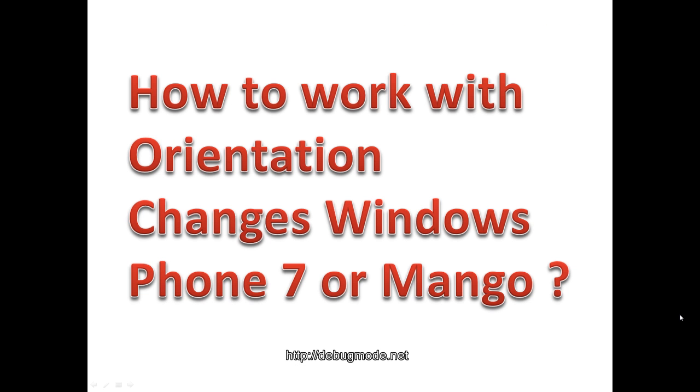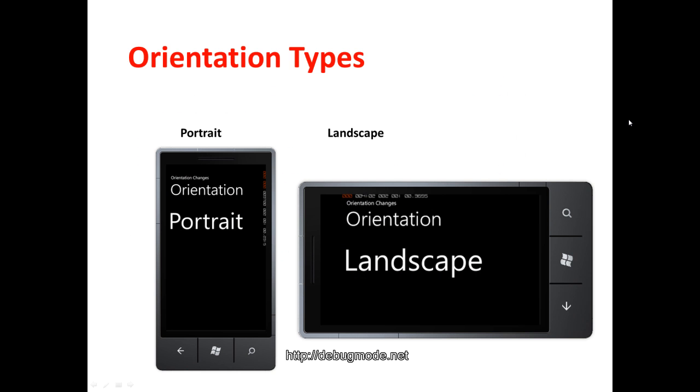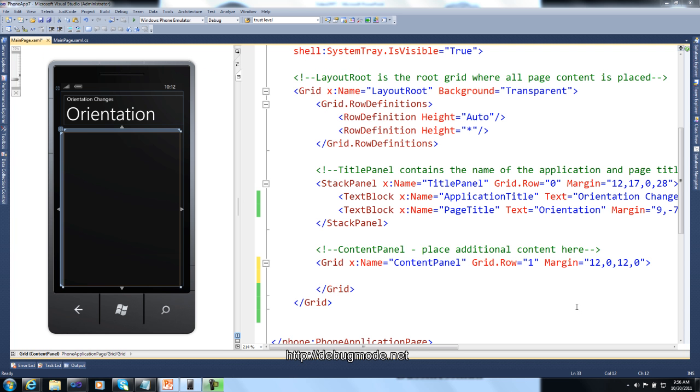In this video, we'll see how to work with orientation changes in Windows Phone 7. There are two types of orientation, portrait and landscape. When you create a phone app, by default, supported orientation is portrait. I have created a phone app here,